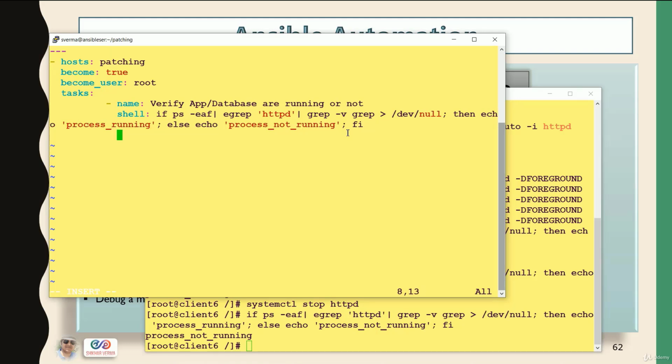I just want to ignore any errors at this point. For that you have to use this module, ignore_errors: true. Now whatever the output is, either it should be process running or process not running. I want to save this output in a variable. For that I am using register, and you can give any name. I am giving it the name process_application_process_check. So this is the name of my variable, and whatever output I get after running this command is going to be saved into this